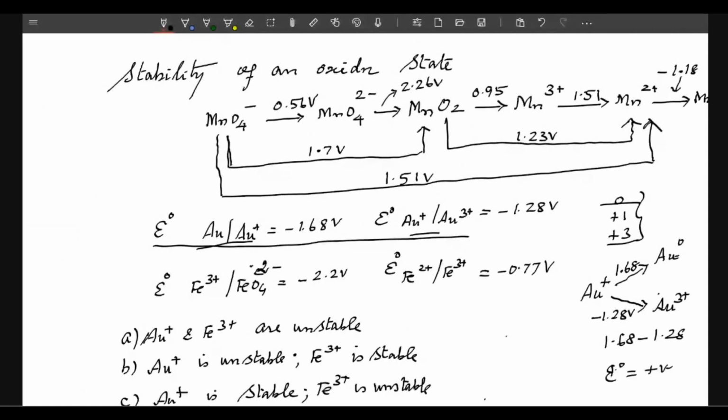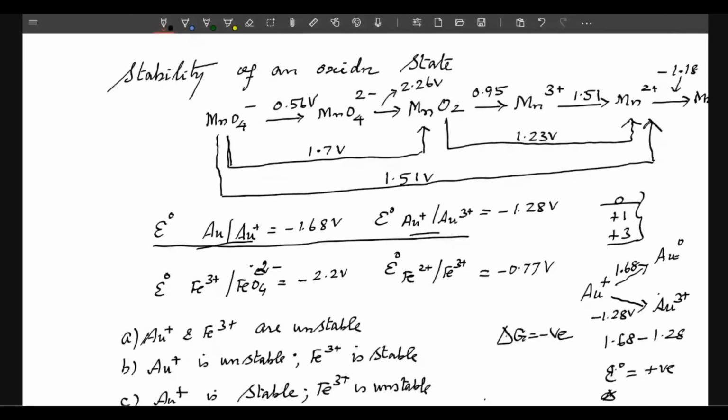When delta E naught is positive, delta G is negative. When delta G is negative, that reaction is feasible. That means Au+ is unstable. It is undergoing reduction as well as oxidation. Or in other words, it undergoes disproportionation. For this, write down the sequence oxidation, reduction, and find out the corresponding oxidation